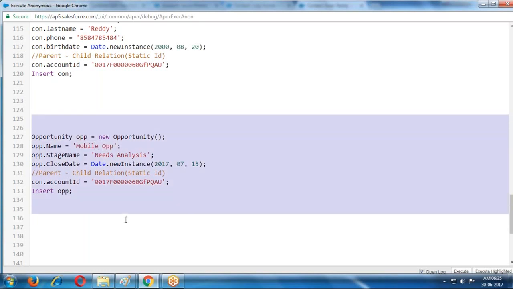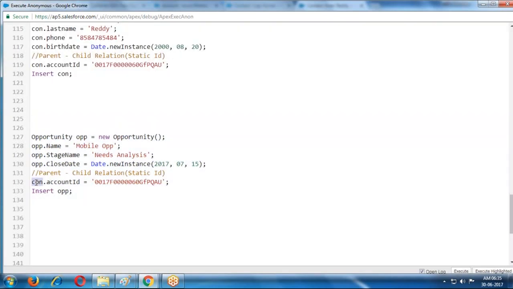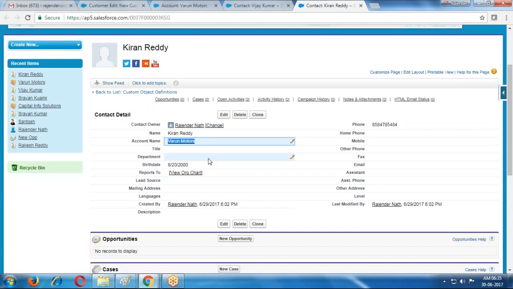If I execute this one, sorry, the object name is OPP. Whenever we are executing,